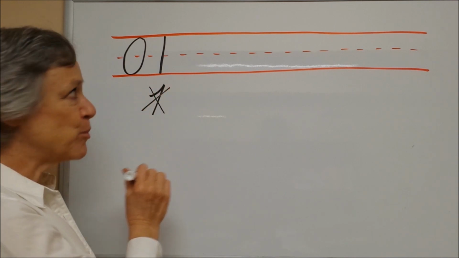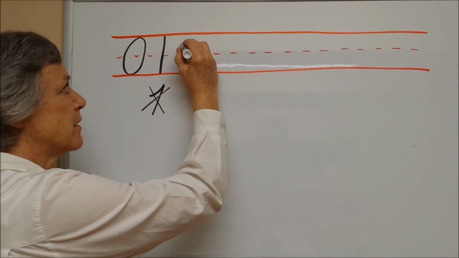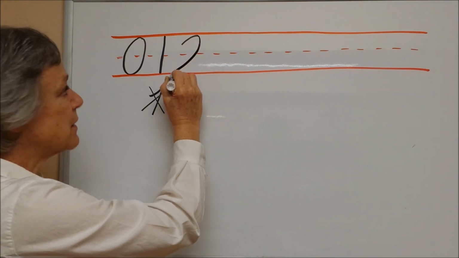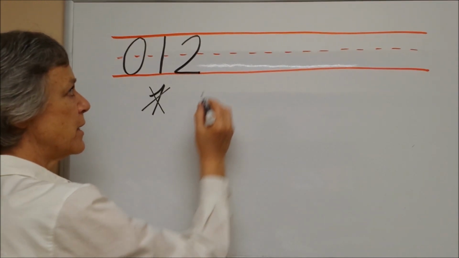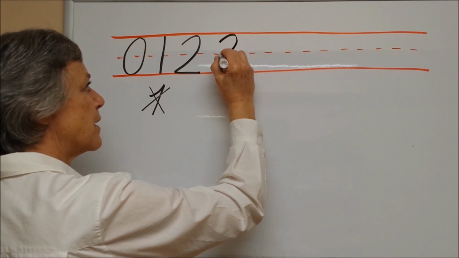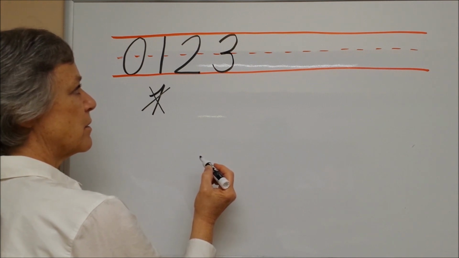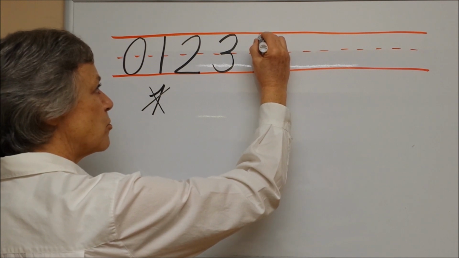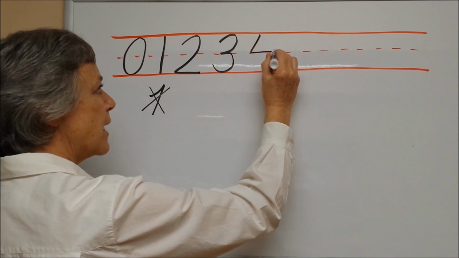Okay? Now the number 2 starts about here in the upper part of the line. We loop around, go down on a slant, and then make a straight line on the bottom. The number 3 starts up in the upper part of the line, and then we make 2 loops. That's number 3. The number 4 starts at the top, goes down and across at the middle, and then lift